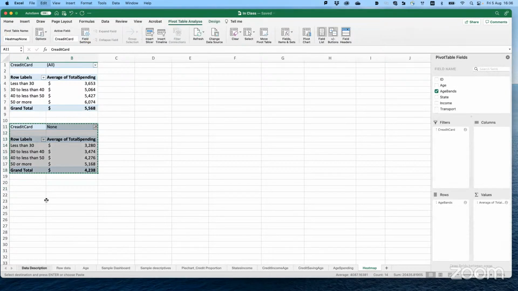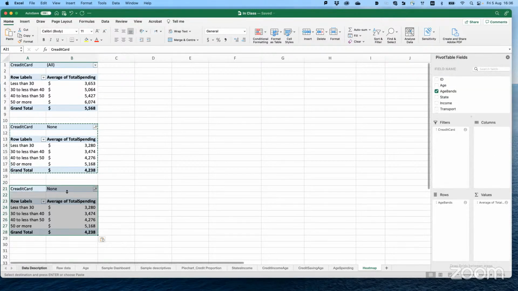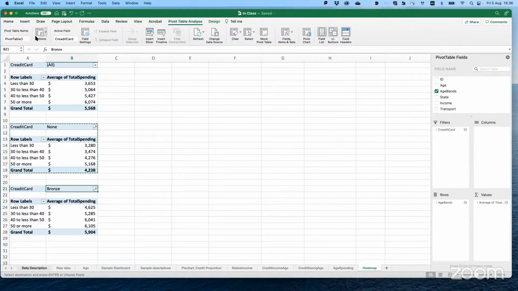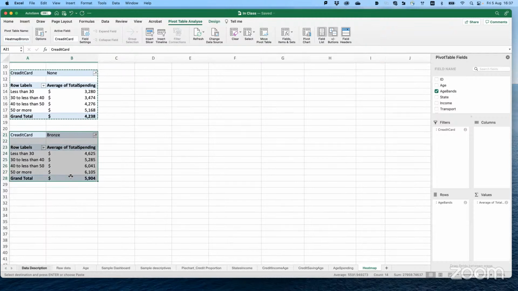You make a copy again, going under the other one. If it pastes, it would be good. You change it from none to bronze and you name it heat map bronze. Go to the next one.